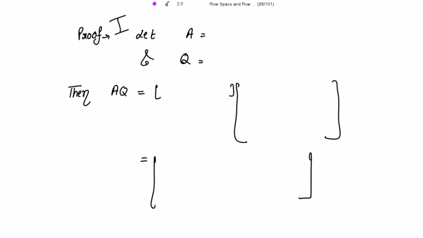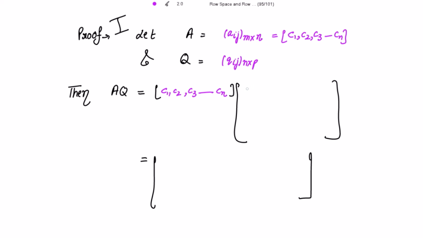For the first part, let's take A to be a matrix of the form Aij of the type m by n, which can be written in the column format as C1, C2, C3 up to Cn. And let Q be the matrix Qij of the type n by p. Then for the multiplication of these two matrices, we write A in the column format C1, C2, C3 up to Cn, and write the Q matrix in matrix form as